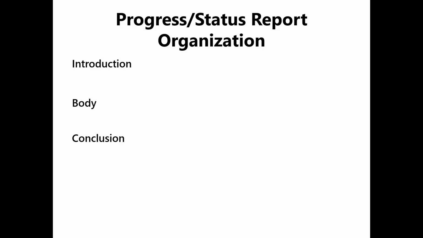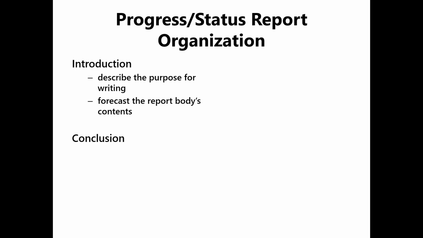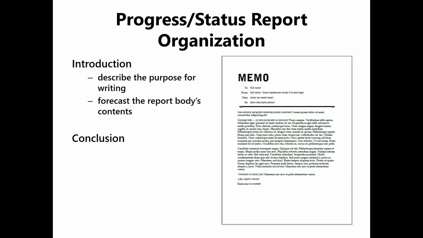So with the introduction, body, and conclusion, we're going to ignore the body for just a moment and focus on the introduction and conclusion. We will come back to the body. For the introduction, you want to describe what is your purpose for writing? What is coming up next in the report body's contents? You've probably seen that sort of idea before, right? That first one-sentence paragraph containing a purpose statement of a memo, that's the same thing we're talking about here. Then in the conclusion, summarize the contents and make sure you follow the report's purpose.